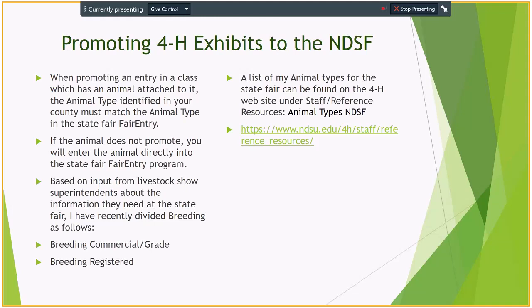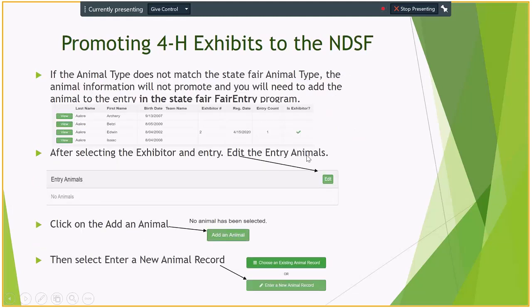A list of all of those animal types for the North Dakota State Fair is on our website under Staff Reference Resources, called Animal Types NDSF. So here's what you would do if your animal did not promote with your class entry. The class entry will still go, but if the animal does not follow, then you'll need to enter it in